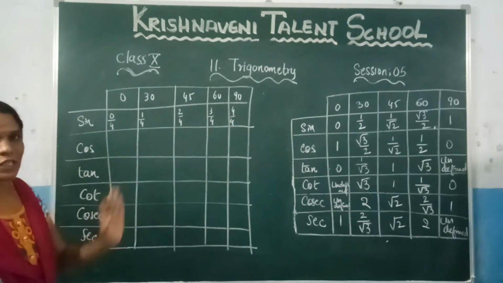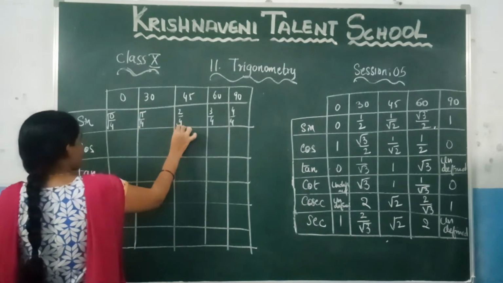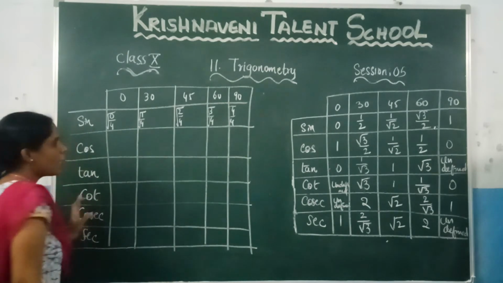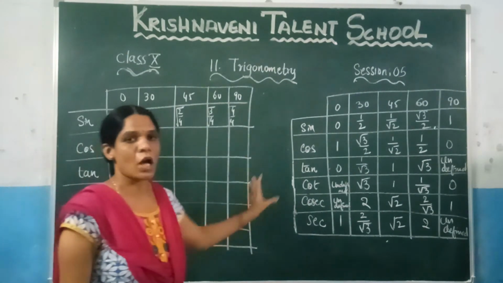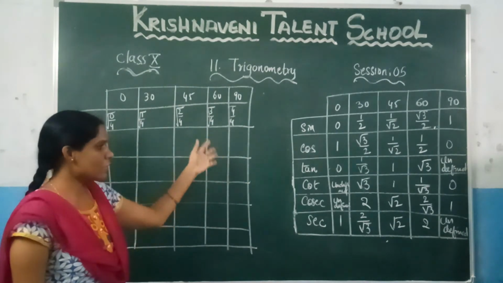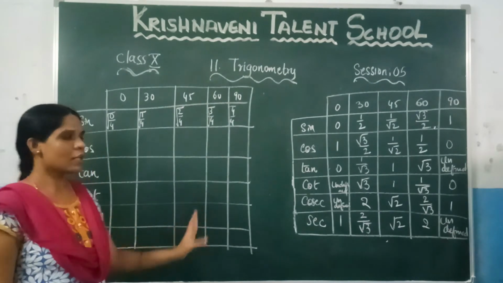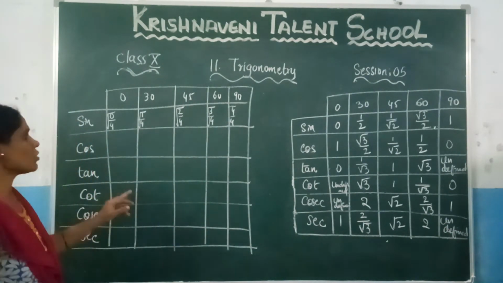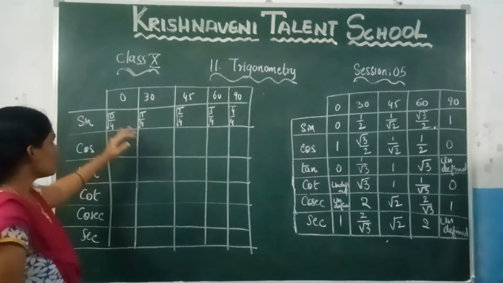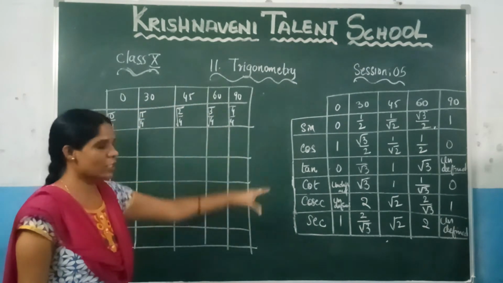Now take the root of all these values, which is nothing but root 0 by 4. This one is root, this one is root, and this is root. So I am telling you here the shortcut for how to remember all these things. If you remember this, you can fill up this table without learning anything. What you need to do is first write the numbers 0, 1, 2, 3, 4, and after that divide by 4 and take the root. That's it. If you remember this, you can fill the table.